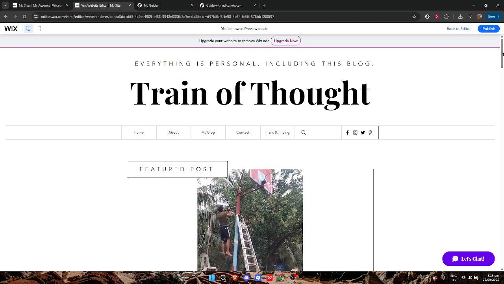Remember, the key to using editor.wix.com effectively is patience and attention to detail. Every small change you make can significantly impact the overall look and feel of your website. With practice, you'll find it becomes second nature to make these adjustments swiftly and confidently. So go ahead, dive into the Wix editor, make those changes, preview your work, and publish your stunning website for the